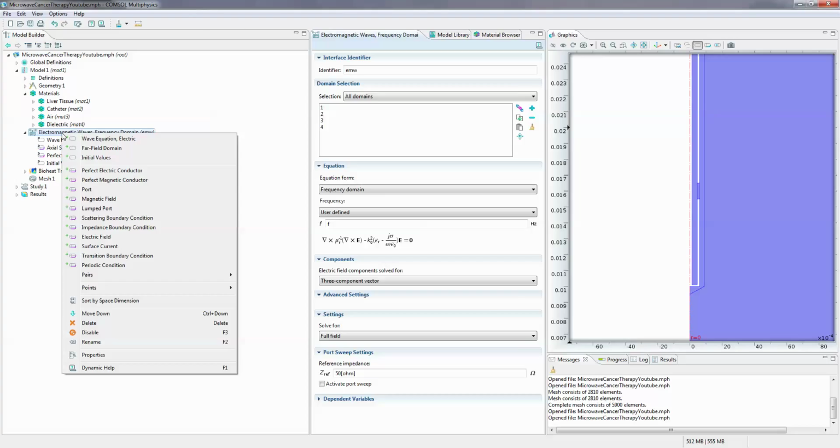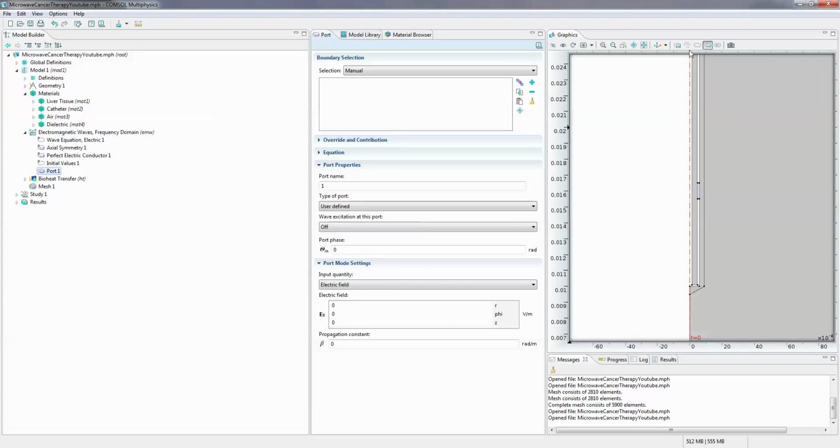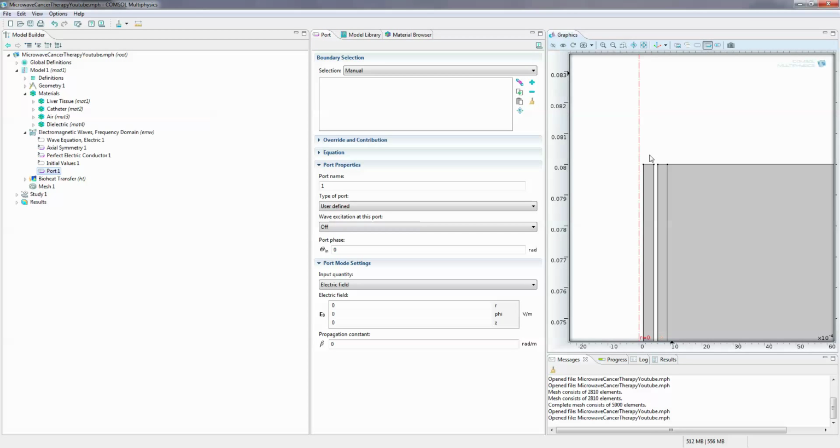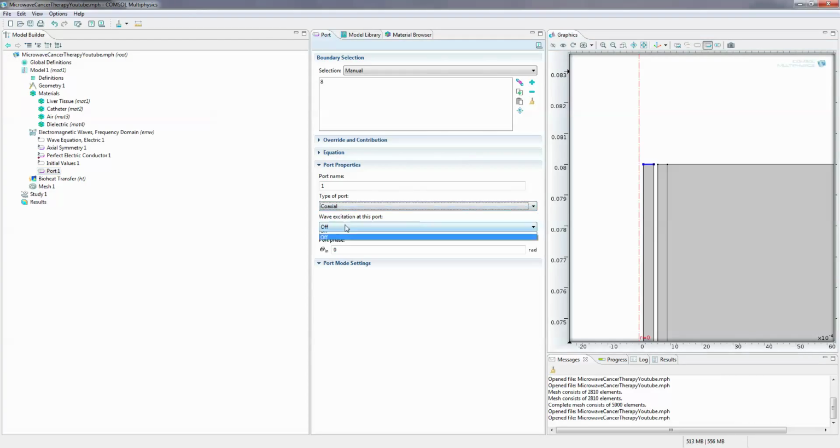and let's go ahead and add the power input port, and that's going to be this boundary. Let's zoom in. It's going to be this boundary into the dielectric, and type port is coaxial, wave excitation on, power in is P in,